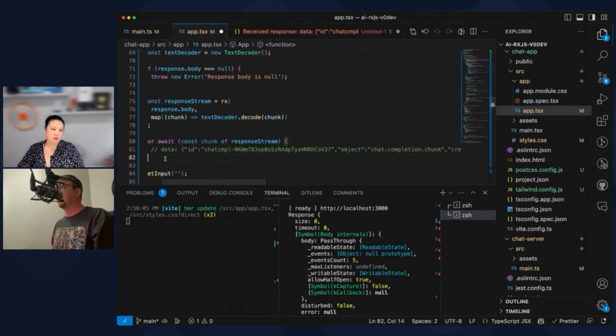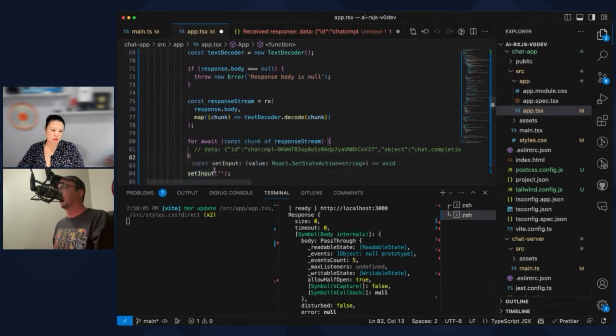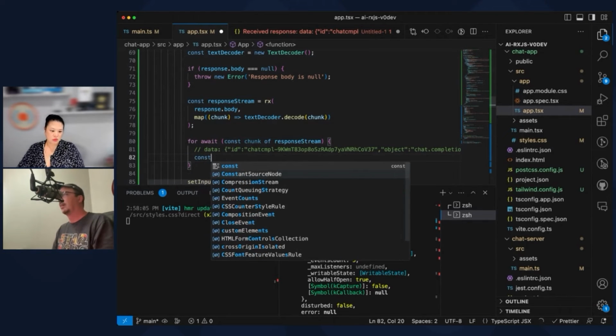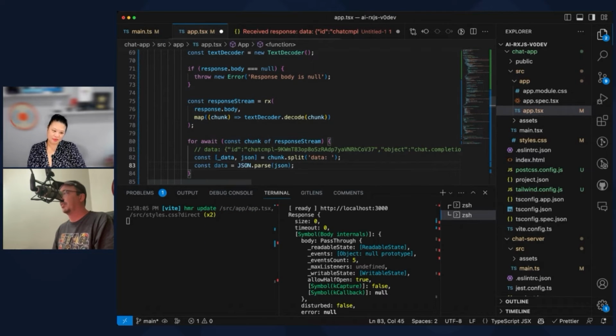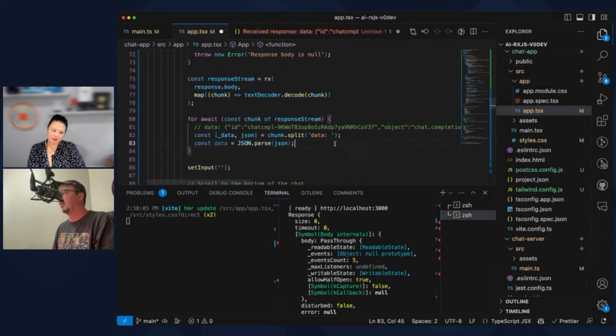All right, so we need to parse this. To parse this, we're going to have to do data and then JSON equals chunk split on data, right? So now we've got the JSON, and then the actual data is we parse the JSON, which is this stuff here.